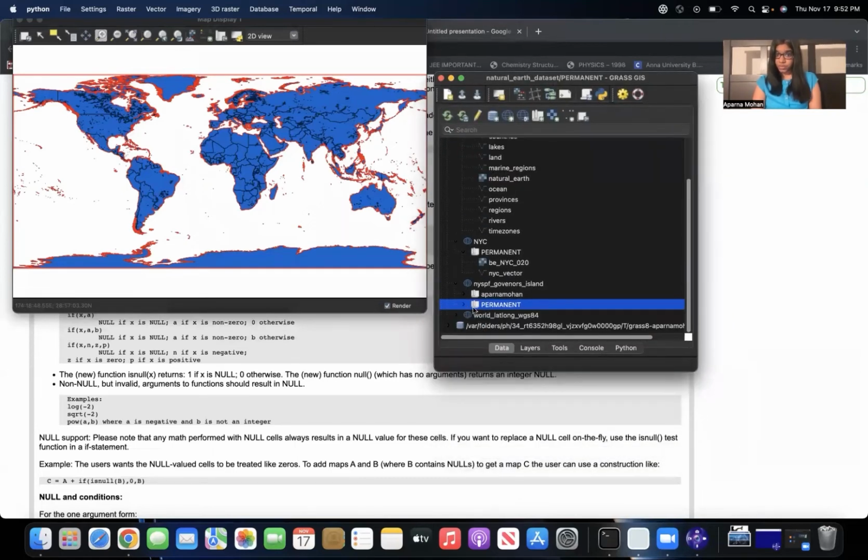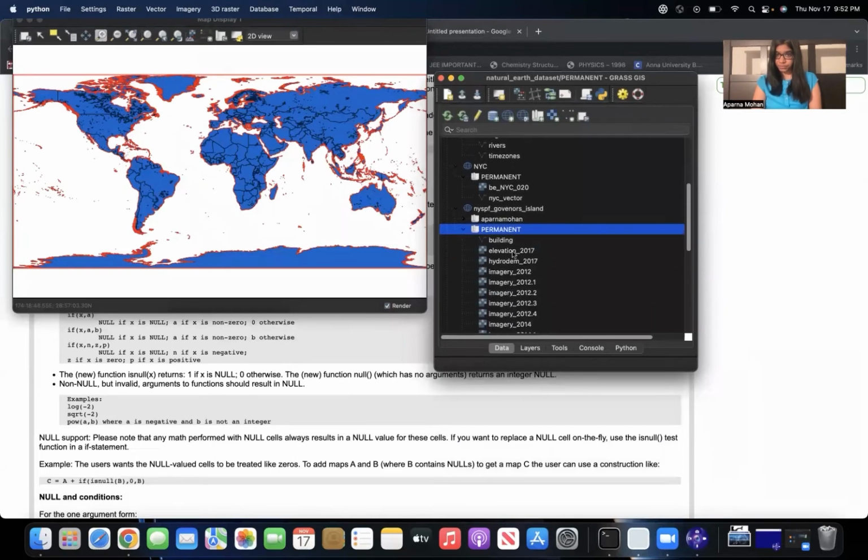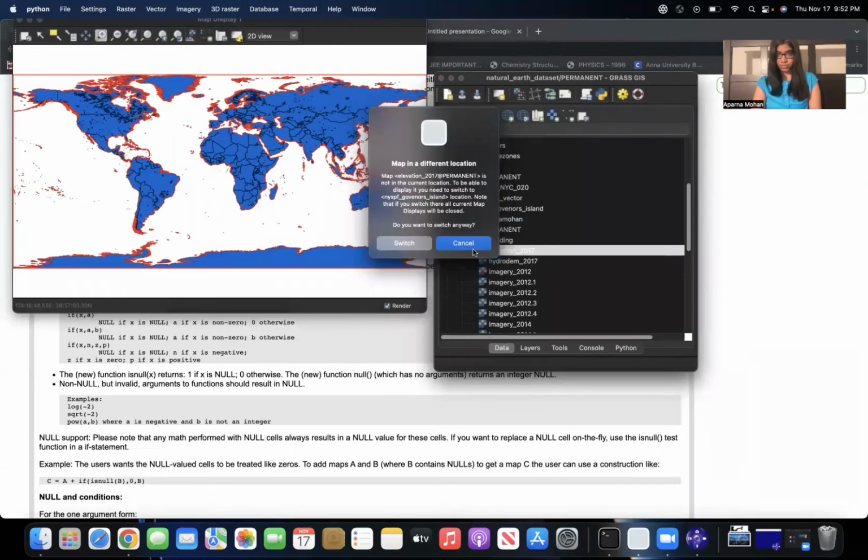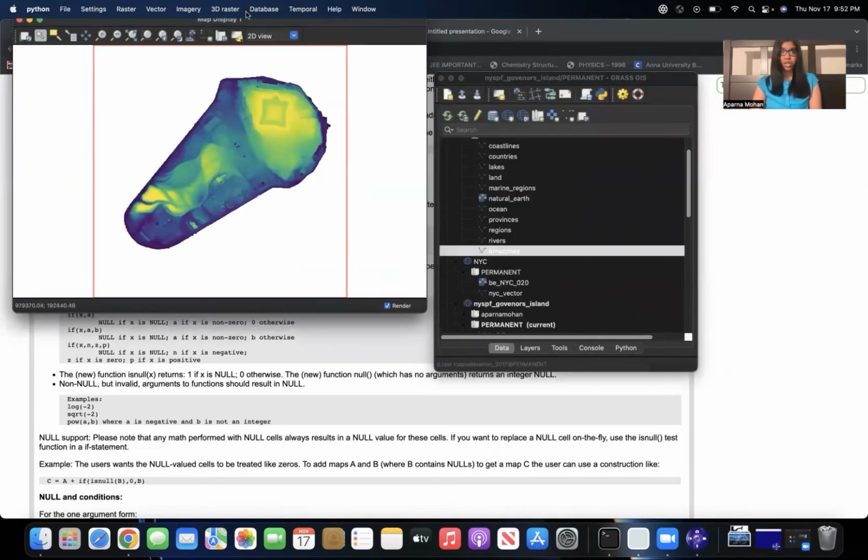Now let's move on to the permanent folder. And let's consider elevation 2017. Now again, we have to switch from what we were in before to this particular map. So I click on switch. So this is the NYC Governors Island graph on which we are going to perform certain mathematical operations. So firstly, let's calculate the slope of this. So in order to do that,